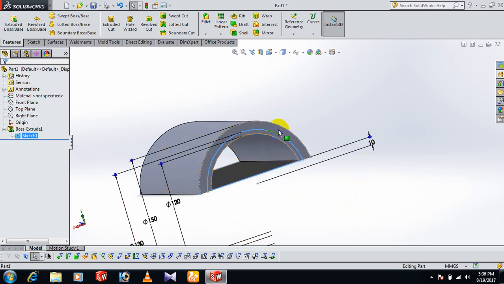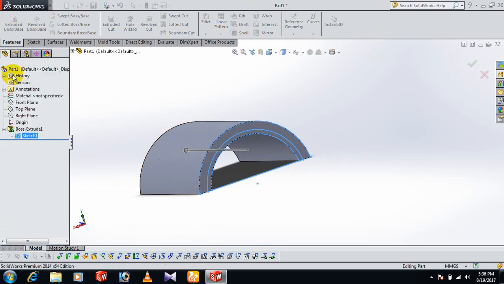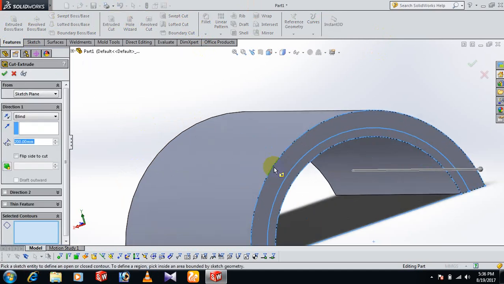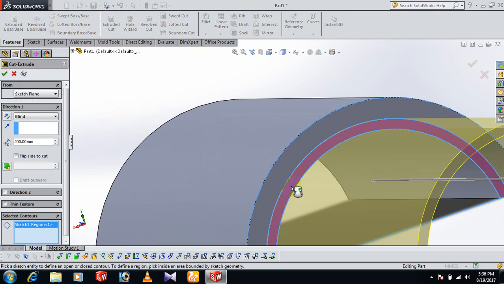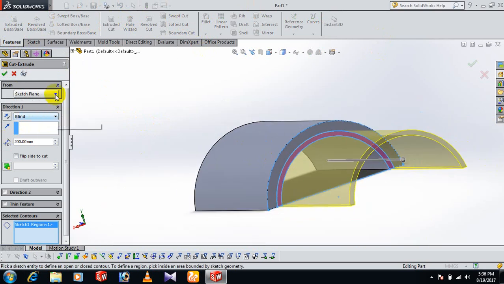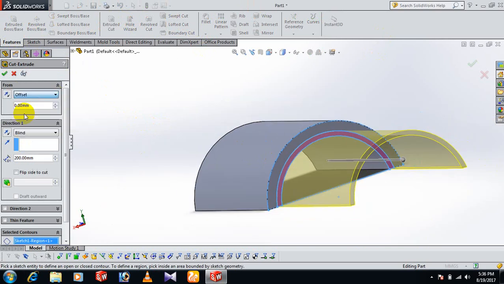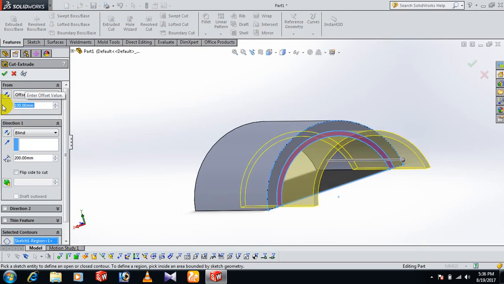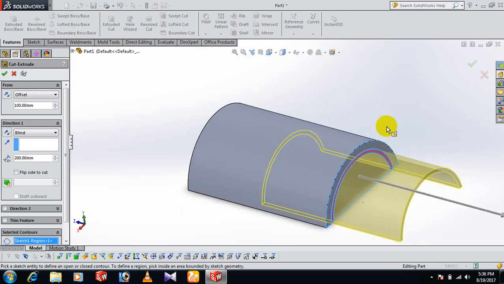Now there are show circle sketch and go to Feature, and Extrude Cut. Go to Extrude Cut. Now this face click. We need the Offset tool, use offset. We need offset 100. Okay, now need direction change,